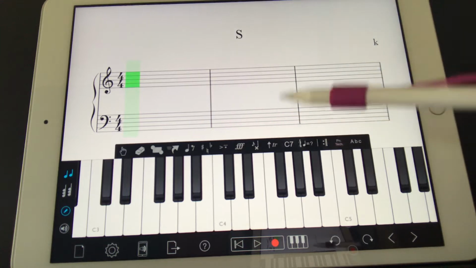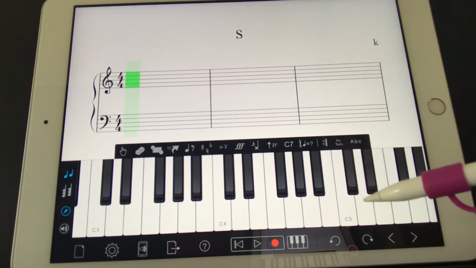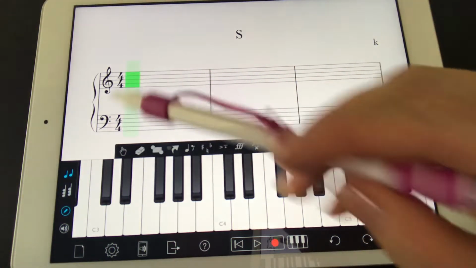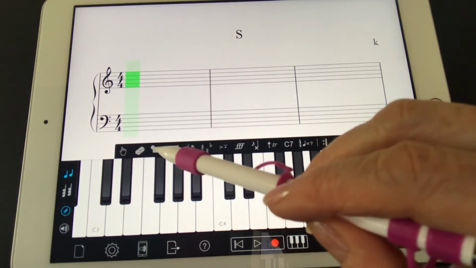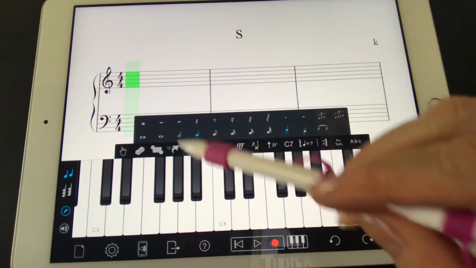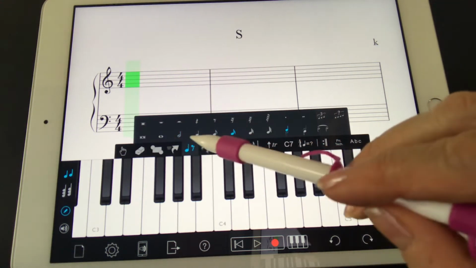You see more of your score. I'm laying it down on the side, my iPad, just for this video. So this tells you already it came up a 4/4 preset, but here's your erasers over here. If you press here, you can press for quarter notes or half notes, eighth notes, 16ths, and as you take